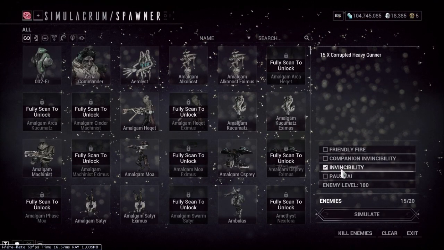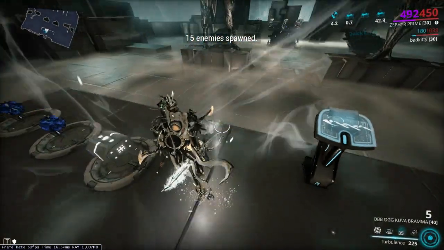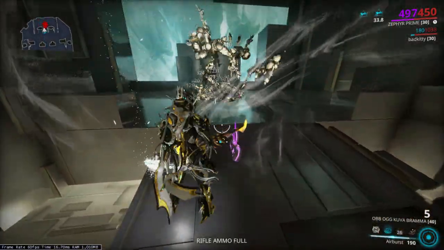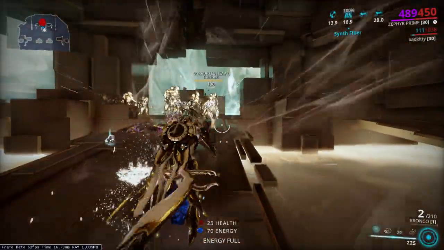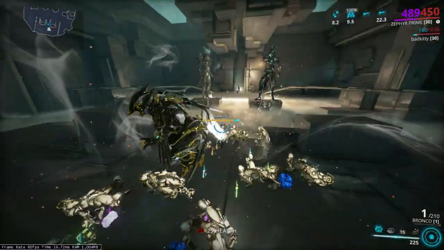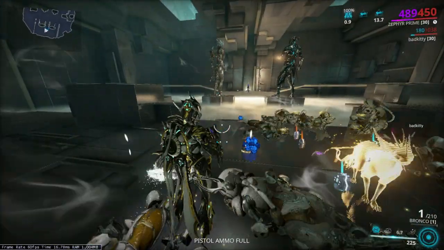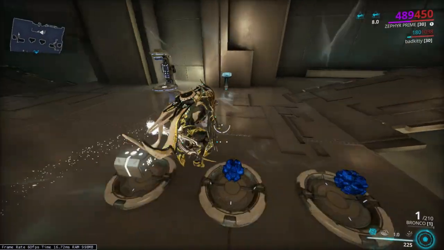Let's remove pause AI and invisibility, since we have jet stream. We don't need invisibility. Now let's bring them together. I put mark for that. Since you bring them together, it's really easy to kill a lot of enemies. You don't have to move towards them like most frames would have to find a lot of group of enemies. With Airbus, this Mark 4 just becomes way too deadly in survival like Steel Path and everything where you